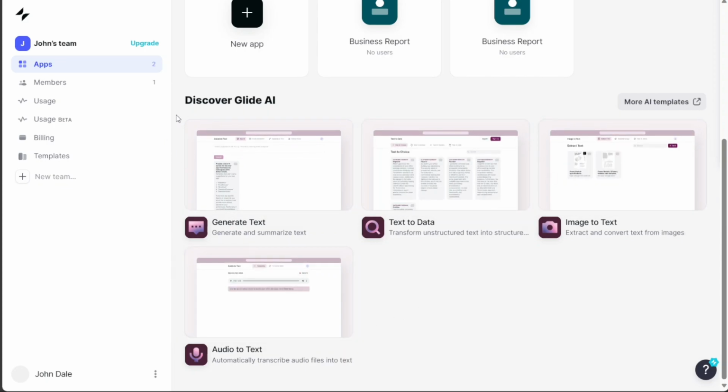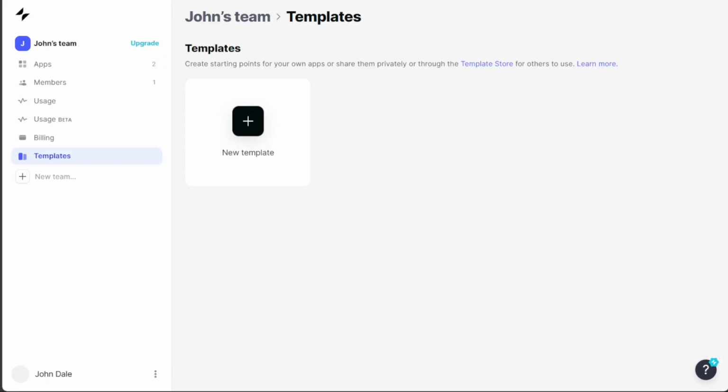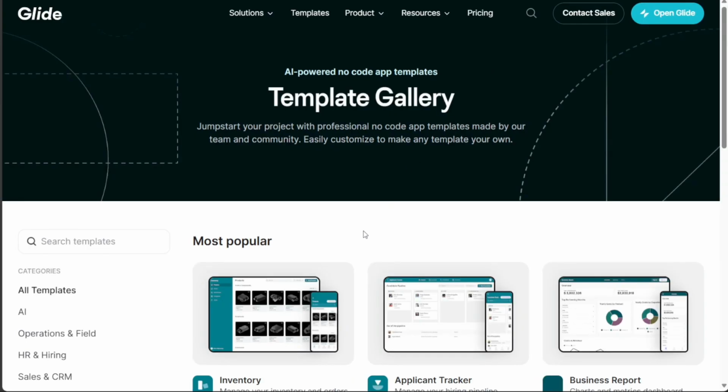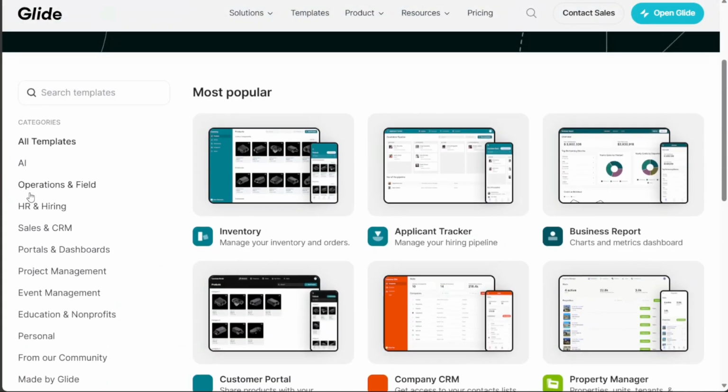Begin by navigating to the left menu and clicking on the Templates option. This action will take you to your template page, where you can view all your existing templates. If you're looking to access more options, click on the Template Store option, which will direct you to the Templates library. The template library is organized into different categories for ease of browsing, and these can be accessed from the